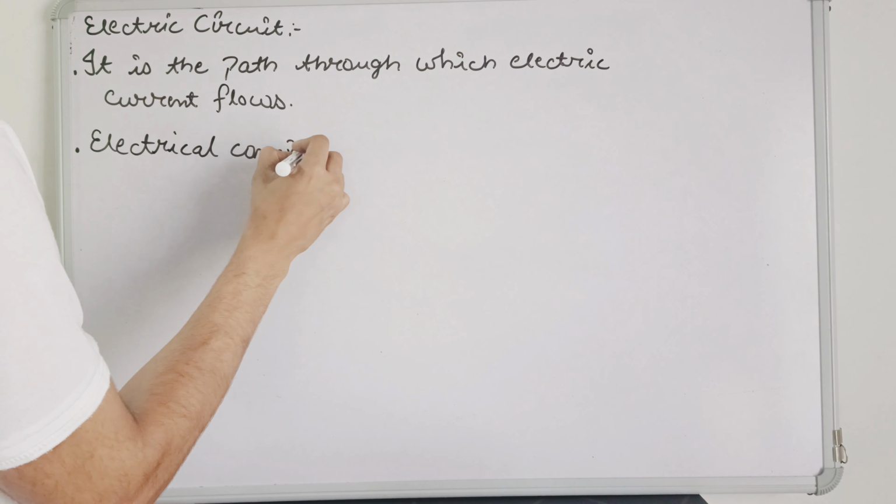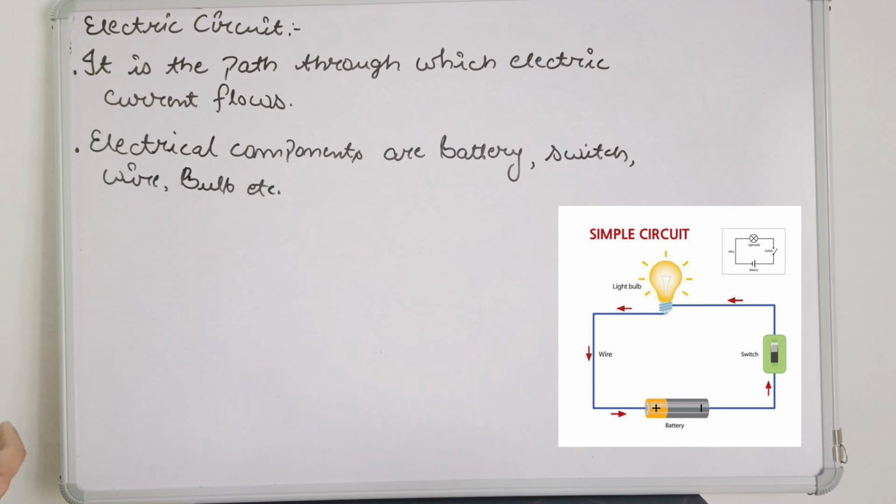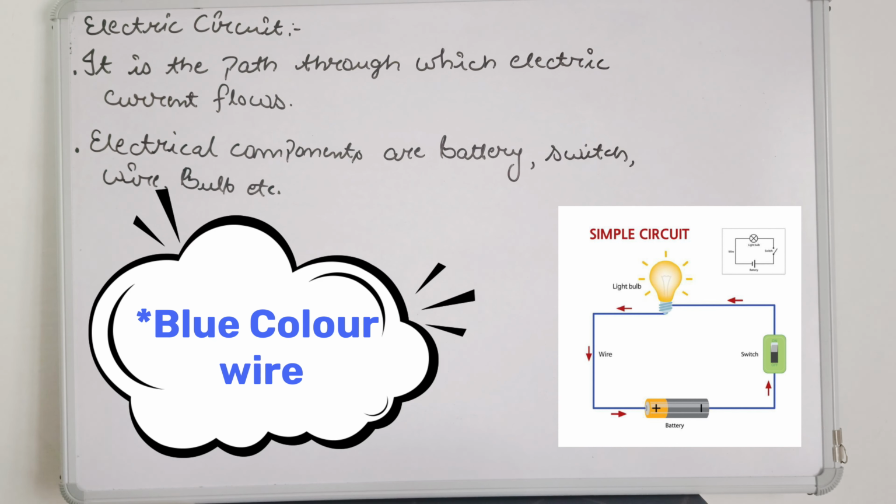Everyone has their own importance. Battery is used to generate the net current in basic things. What actually does a battery do? Battery converts chemical energy into electrical energy. Now you will see a circuit. In this circuit you can see that there is a bulb, a battery, and a red color wire through which the current will flow. This is a simple electrical circuit.